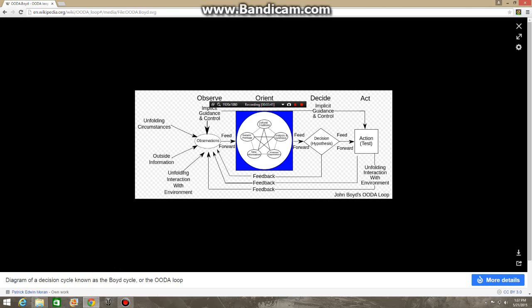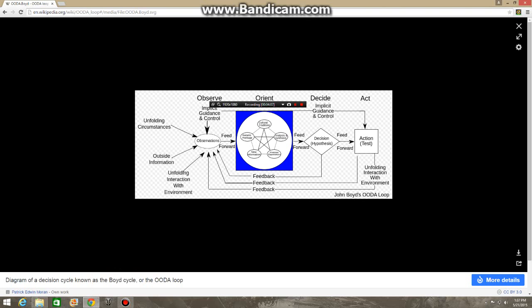Outside information: your observations are impacted by information transmitted to you by, say, other members of the team. Your scouts spot some tanks over in this direction in a place where you hadn't normally expected them. Unfolding circumstances: you're holding your position and enemy tanks suddenly come into view. Not spotted by scouts, but your personal view.